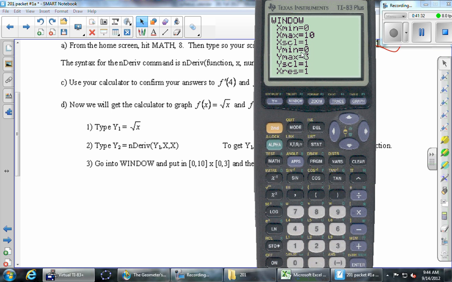And so if we have all that typed in, then we should get our square root function. And then we should get the derivative. Notice how much slower it graphs the derivative, right? It is doing substantial thinking to try to graph the derivative because it is literally plotting point by point. At every x value, it's drawing a secant line that's darn close to the tangent line, plotting that point, and then moving on to the next point. So that's why it's a lot slower. Fancy, but it was slow.